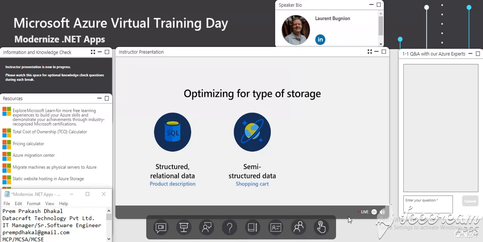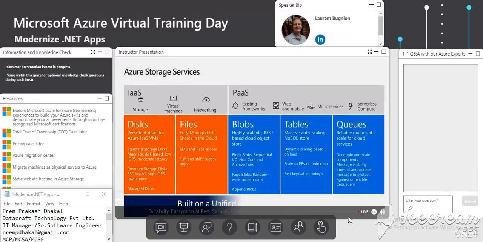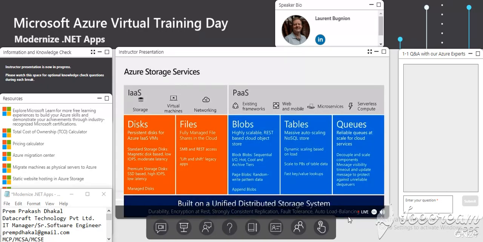But you also have another type of data, and this is the unstructured data, okay? The blobs, what we call blobs, binary large objects. And here, that could be pictures, videos, PDFs, any type of binary files, really. And for this, we also have solutions, and this is Azure Storage. So let's go into Azure Storage services. We have quite a lot of services. Some of them, I would say, are closer to infrastructure as a service, things like disks, all right? Your virtual machines need disks, and here we have the possibility to manage them. You have HDDs, SSDs, etc. But you also have files, and files can be interesting for a legacy scenario